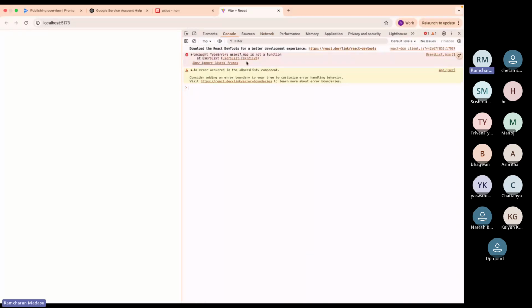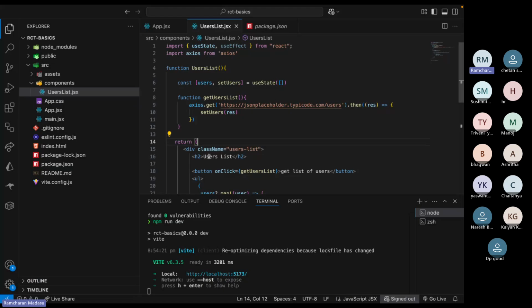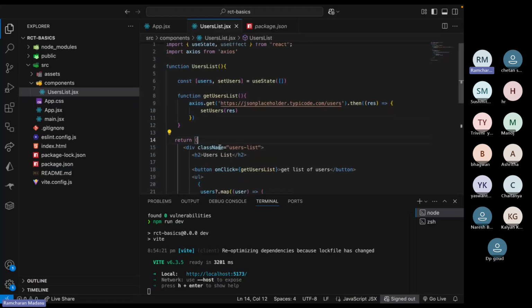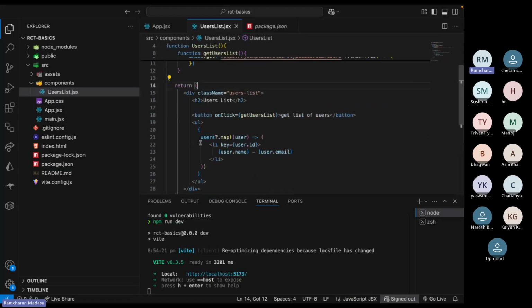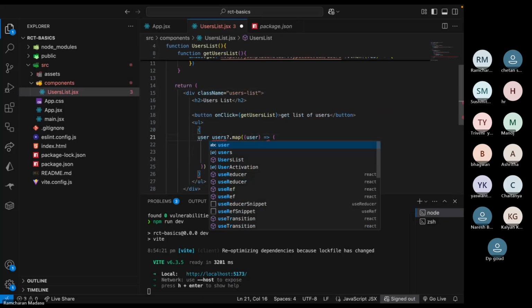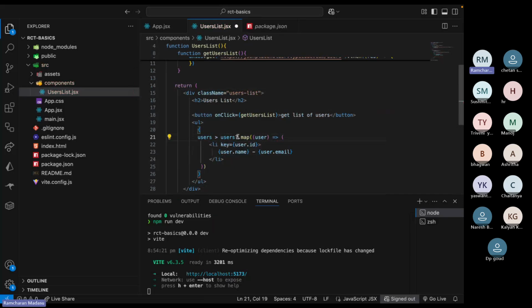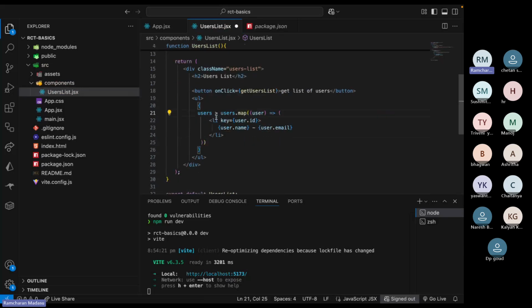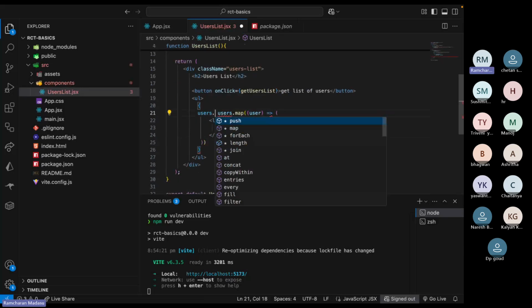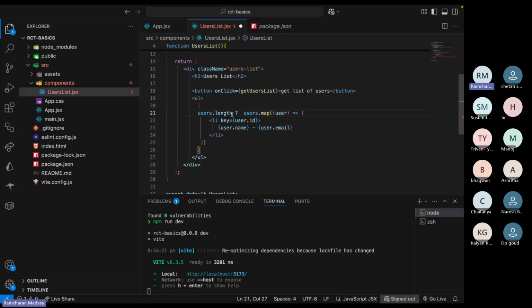If there are no users, we'll do it like this. If you have users, you will show this UI. We will use conditional rendering here. So if you have users, then you map. For example, users is an array, right? So if you have users.length, or if users is greater than 0, if you have users, then here,